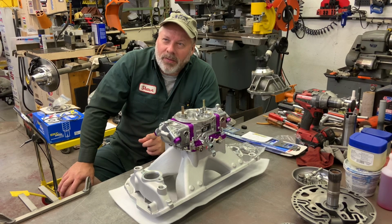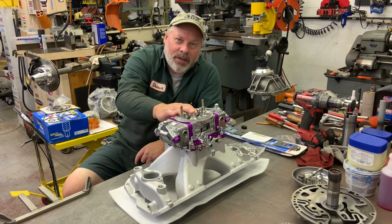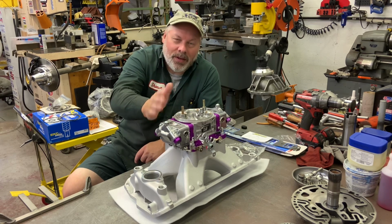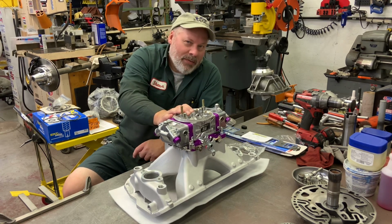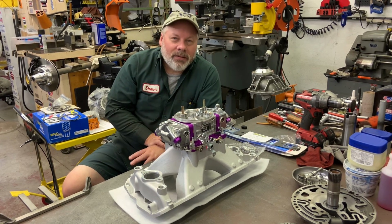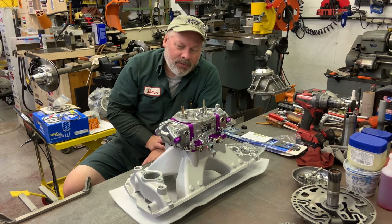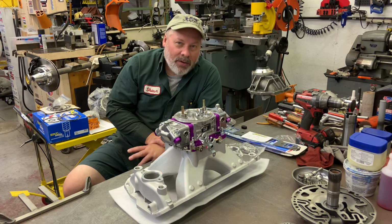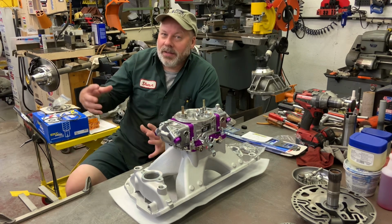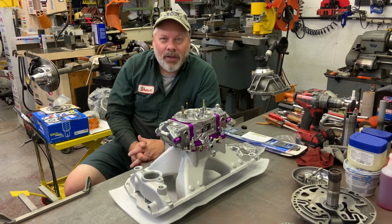I'm curious now that Edelbrock is putting out a 4150 series Holley duplicate or tribute or whatever they're going to call it, copy. That should be interesting. Edelbrock took over the Carter line a long time ago, and I have a pair of those going on the 377 because my dual quad low rise intake that I'm putting on the 377 only fits